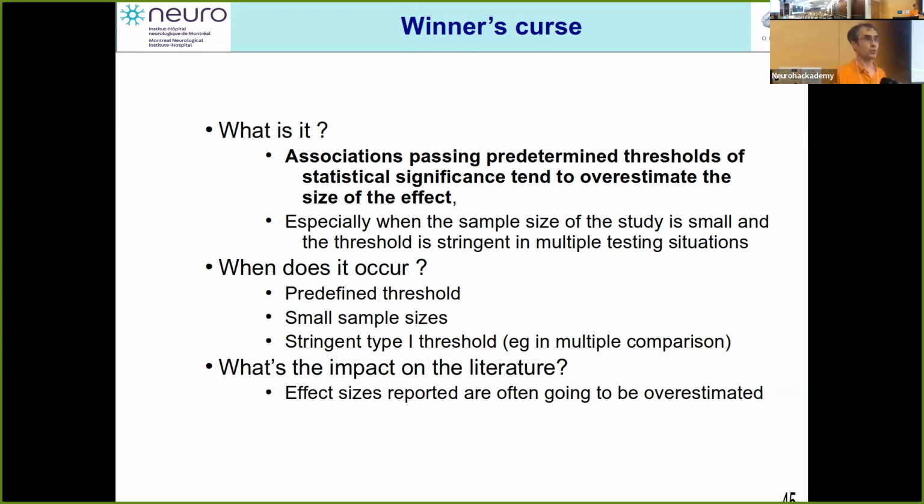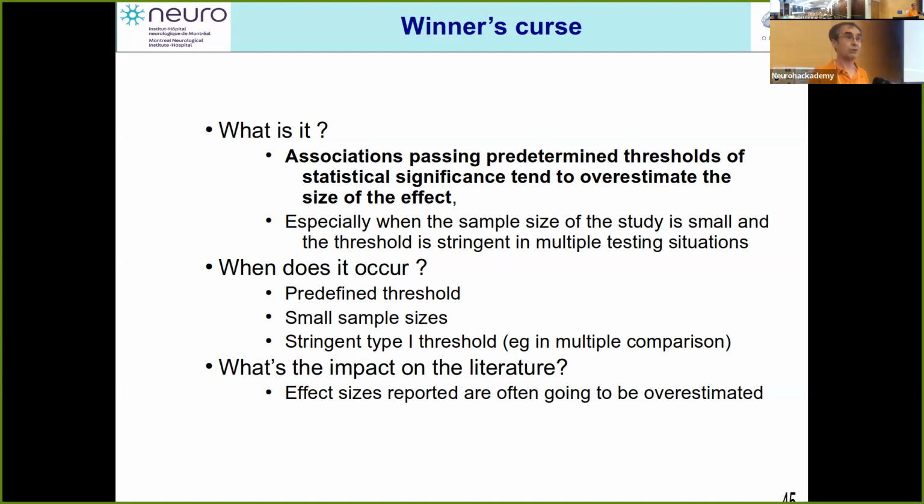So the size of the effect would be overestimated. That's a very basic, stupid thing. You're looking at only things that are above a certain threshold, and therefore, for sure, you're going to overestimate. That's an almost tautological aspect,